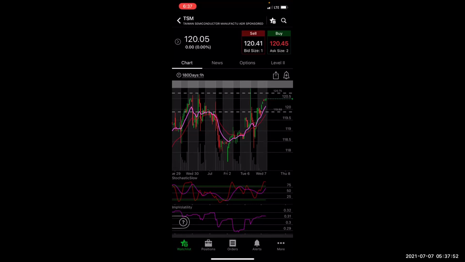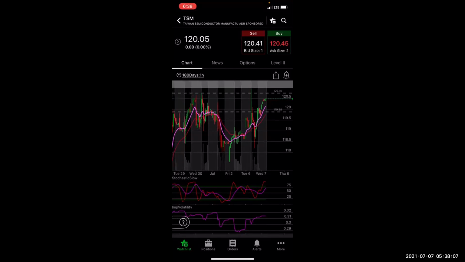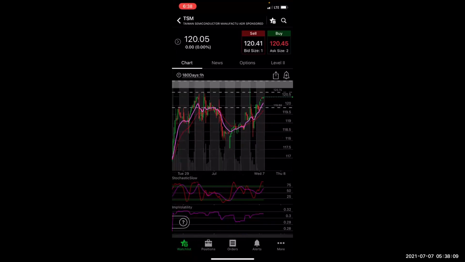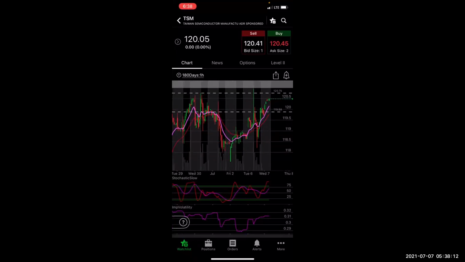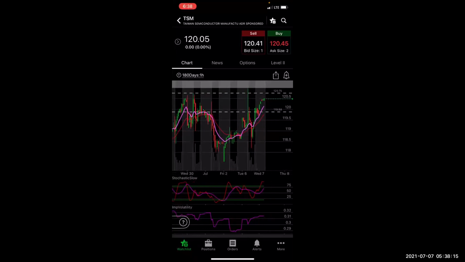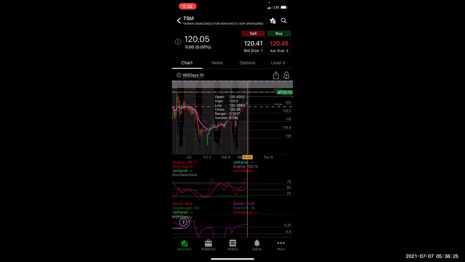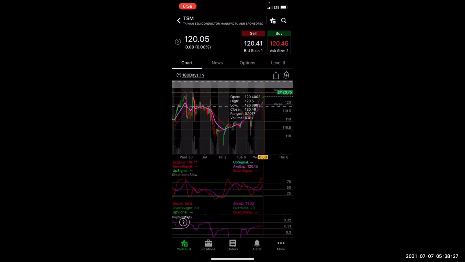Okay, now we need to, is it going to move to the right? Are there any obstacles on the right? Maybe it's not going to go in that direction. What is the path of least resistance? Okay. Now we're here to set my alerts. In this case, I already identified levels of resistance. So